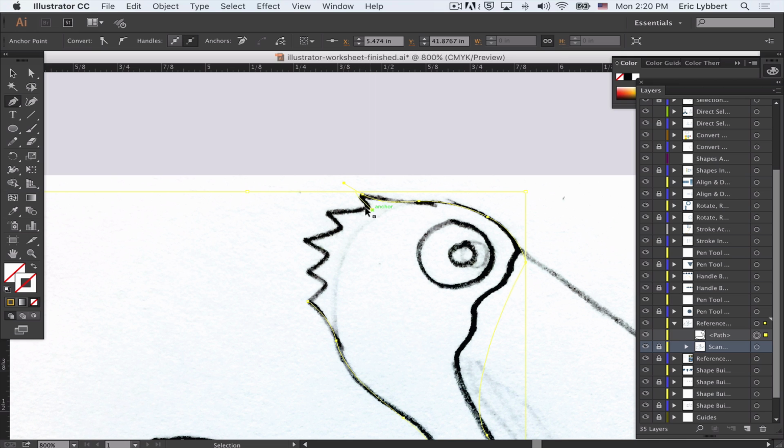So I'm going to hit Edit Undo. Just like in that maze, I'm going to come up, have that handlebar go up there, and then I'm going to click the anchor point, which removes that second handlebar. And I'm going to come over here and click and drag again. Click to remove that, come to this new point, click and drag so it matches that curve. Click the anchor point, which removes that extra handle,